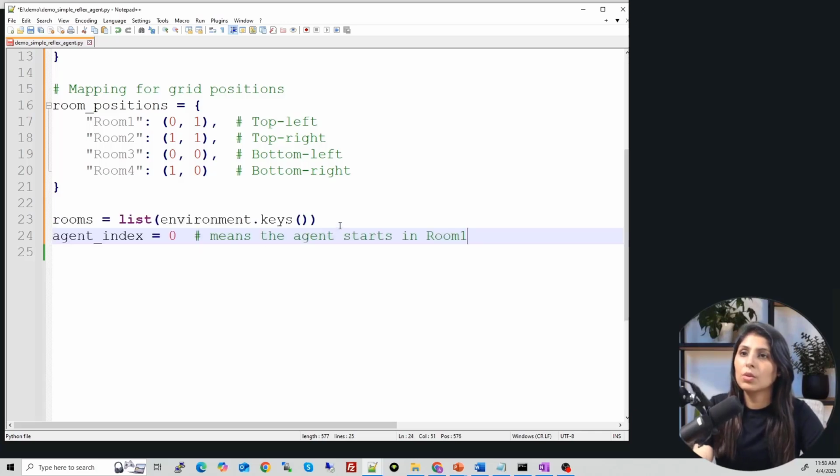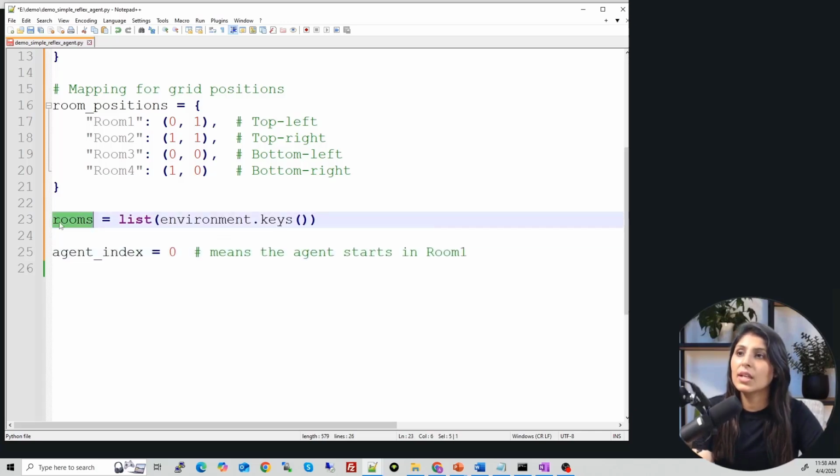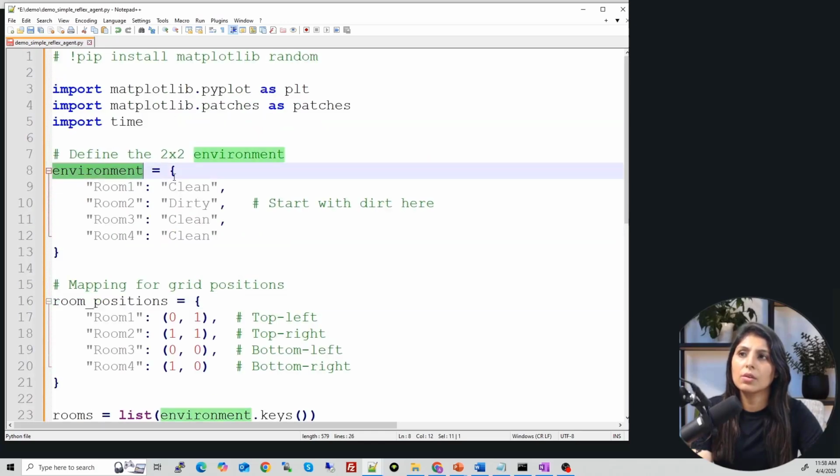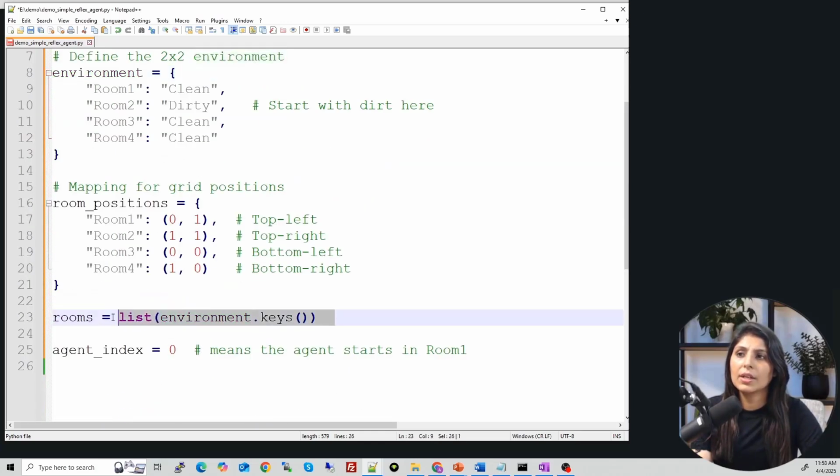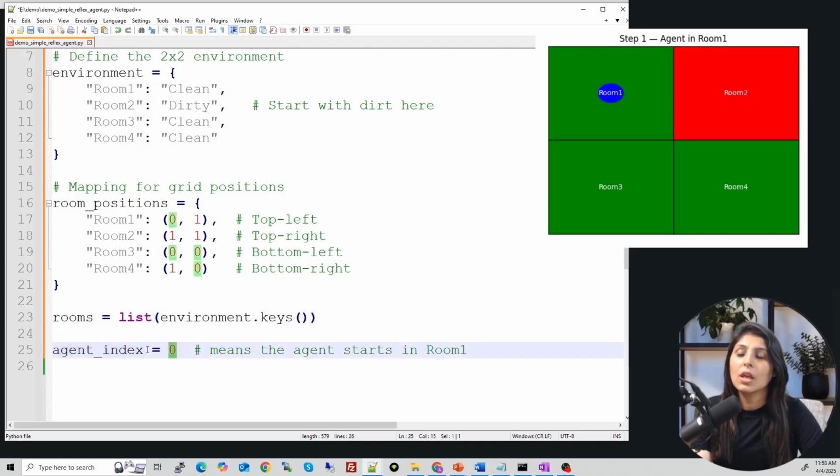Then I'm writing these 2 lines. The first line is just a list of rooms, created from the environment. And the agent index is 0, meaning when the agent starts the task, it starts from the first room, so the index of the agent will be 0.